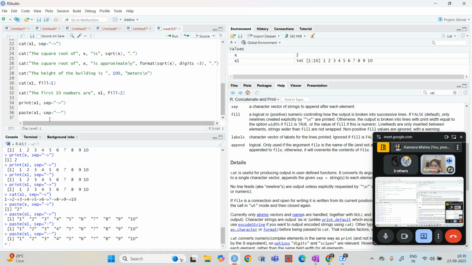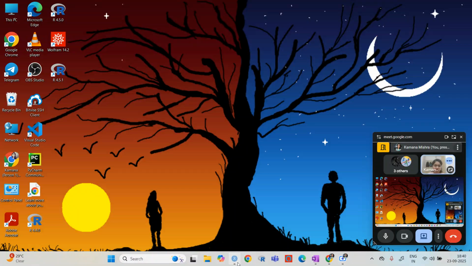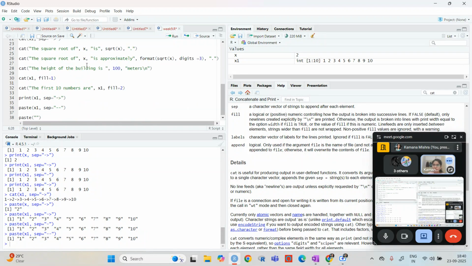Okay, so you can see that all are different, but this one is different. If I do this, let's say I'm giving one string, "work is important".